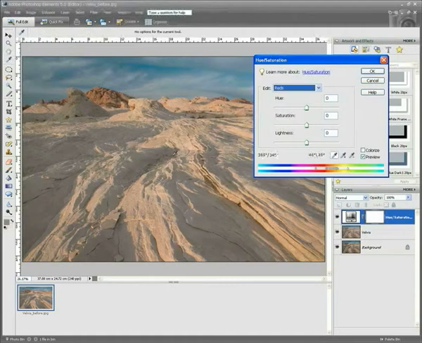So under Edit, put that back to 0, go to Reds first of all, and this is going to affect all of these areas here in the foreground. And we're going to increase that slider up to about 30,